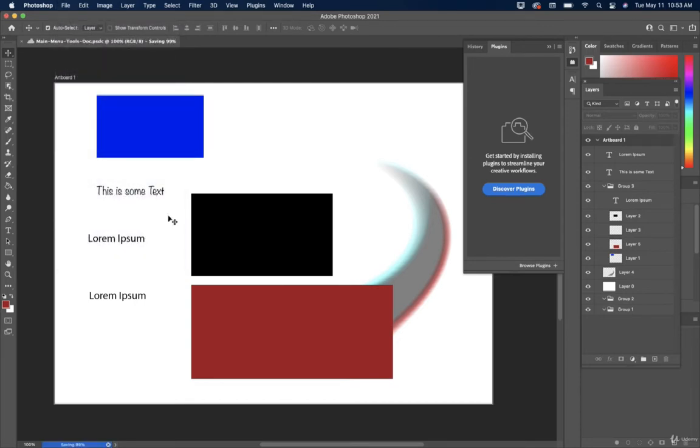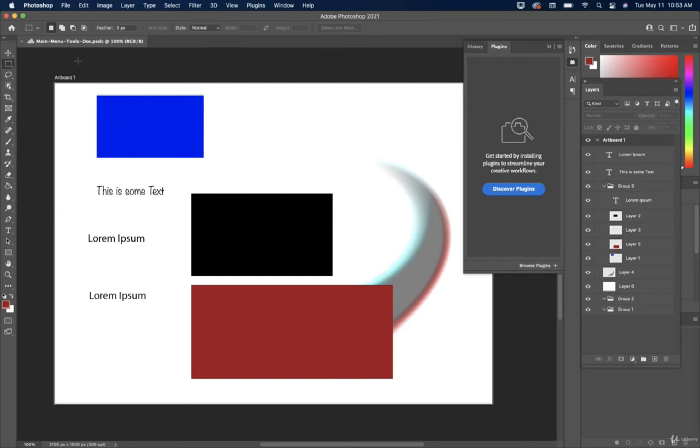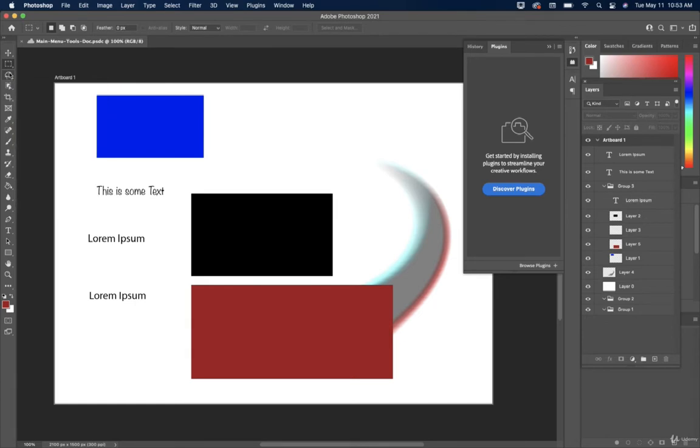Okay, so that is the rectangular marquee tool. And you see the little keyboard shortcut here. If you hit the letter M, it'll take you to the rectangle marquee tool. So they also show you the keyboard shortcut on here. So when you hover over these, it tells you what the tool is, and then it tells you what it does, and then also it gives you the keyboard shortcut,